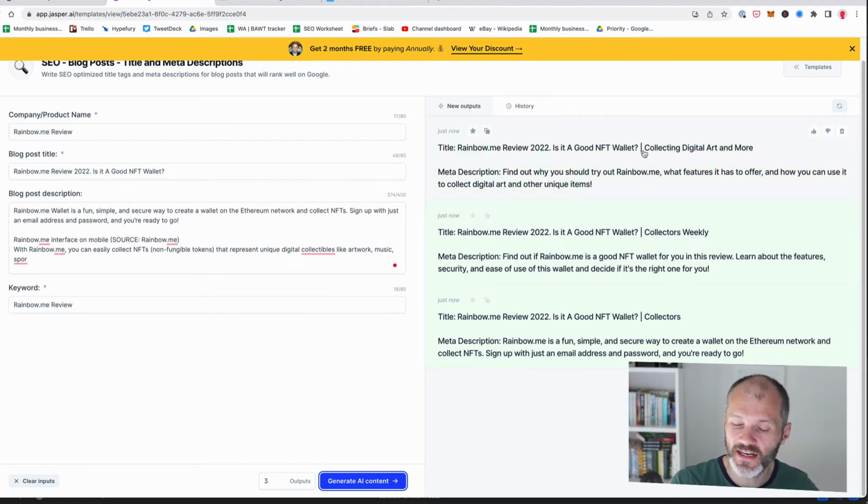So this is fantastic. And it is even putting in the name of the publication. And it's not actually called this publication, but this could be a way that I could create meta descriptions and titles for my site or for my sites quickly and easily, or I could potentially give a writer access for them to do just this.